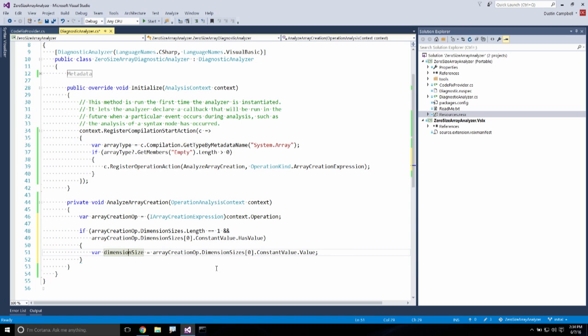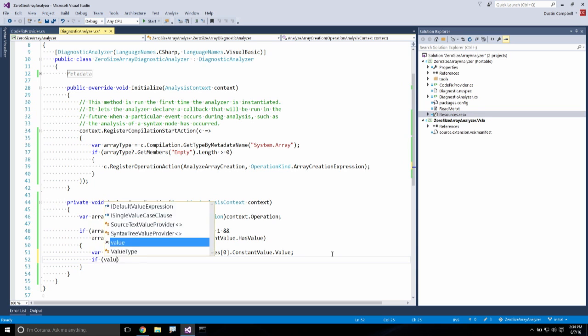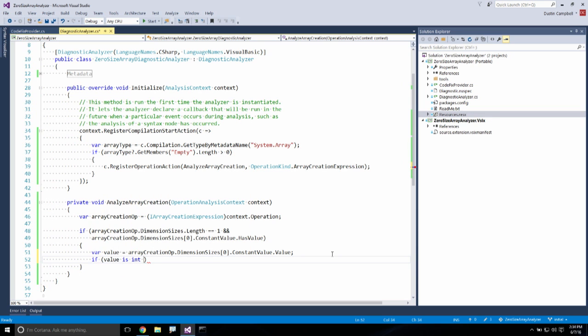I'm going to pick a better name. We'll just call it value. Now, if value is int, we want to make sure it's actually an int, because this is an object. It's the actual real numeric value, not the text 0 or anything like that, but the real number. So we want to check and see if it's an int, and then if it is, we can cast it and make sure it's equal to 0, and then we're good. But that kind of looks really bad,